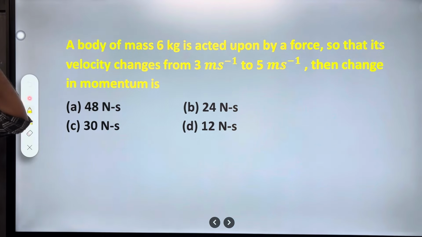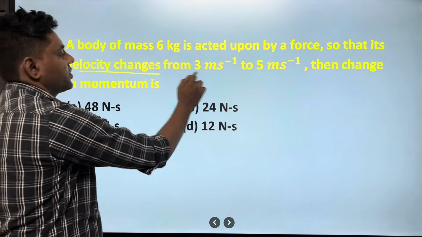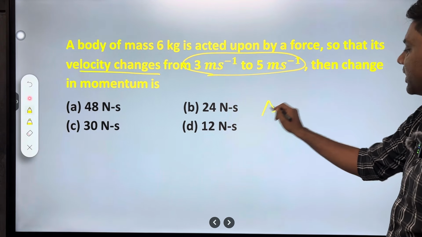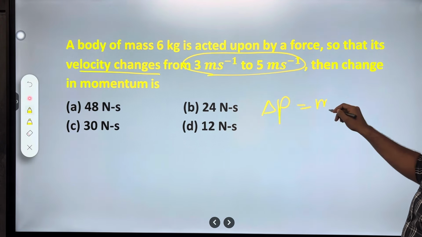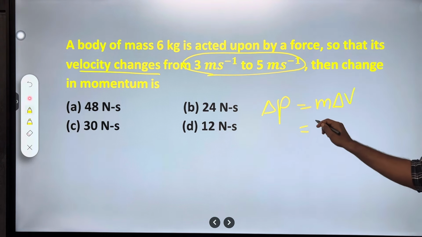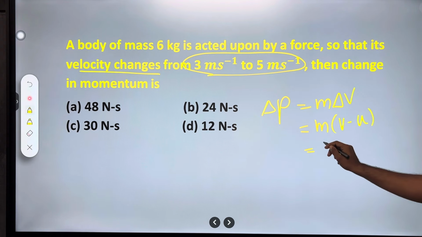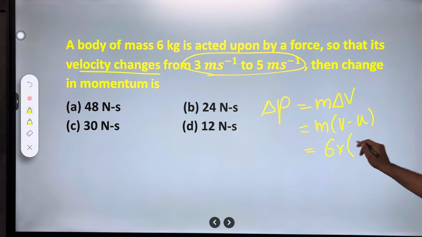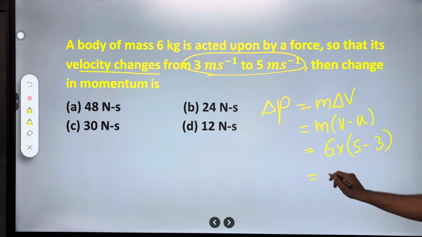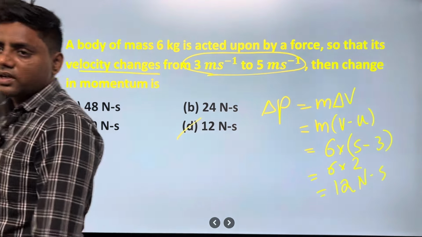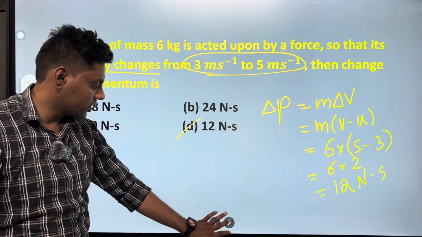Next, a body of mass 6 kg is acted upon by a force so that the velocity changes from 3 to 5 meter per second, then find the change in momentum. The formula is very easy. Delta P, the change in momentum, is mass into change in velocity. Change in velocity is final velocity minus initial velocity. The mass given is 6 kg, and final velocity minus initial is 5 minus 3. So that is 6 into 2, which becomes 12 Newton second. So the correct option is D. Very simple question. Next,